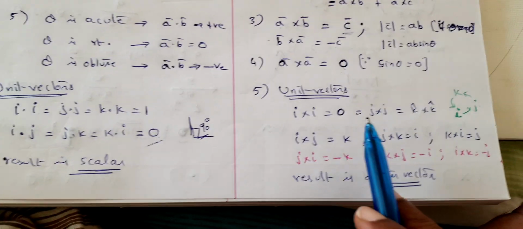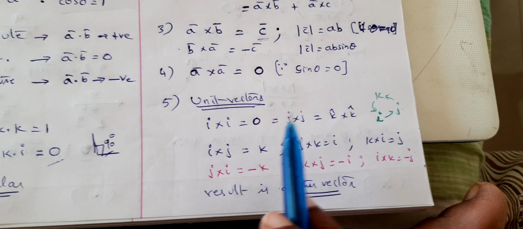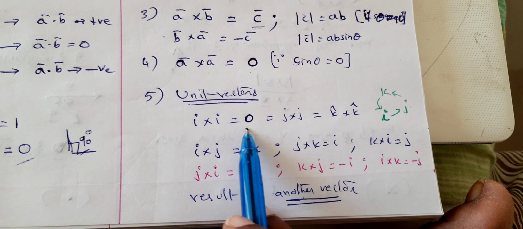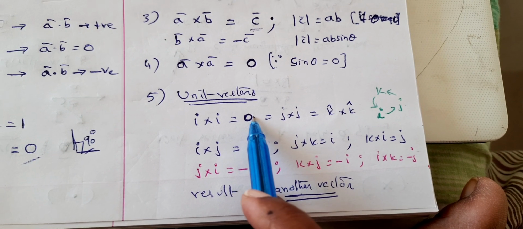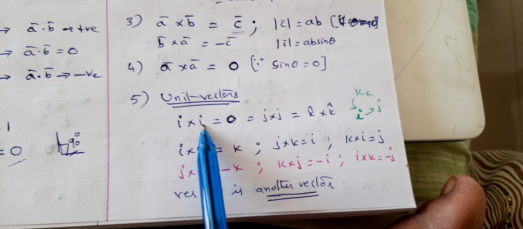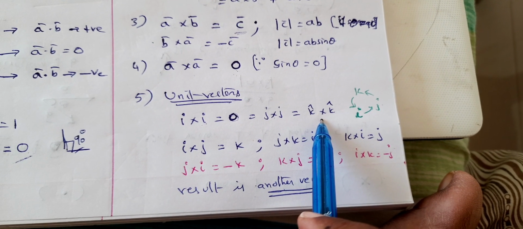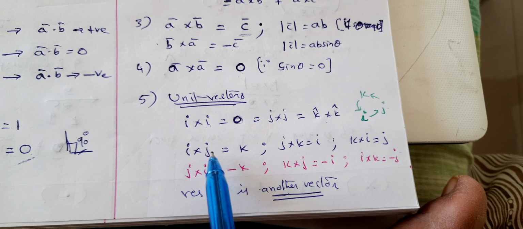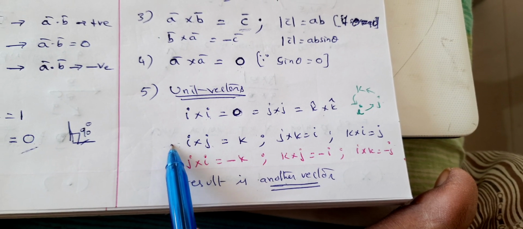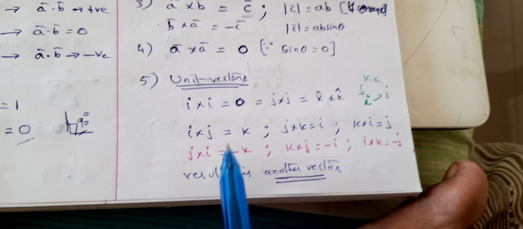The same case when you apply it to unit vectors in cross product: I cross I, never write it as 0, it is a bold 0, a null vector, because sin 0 is 0, right? Similarly, j cross j, k cross k. Now I cross j: I is along x axis, j along y axis, angle is 90 degrees, sin 90 is 1. So what are you going to get?